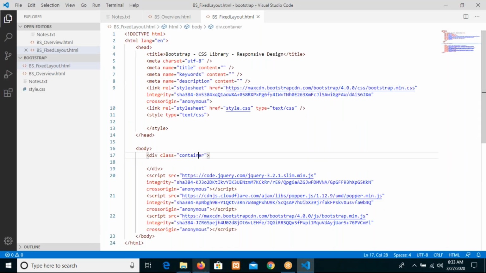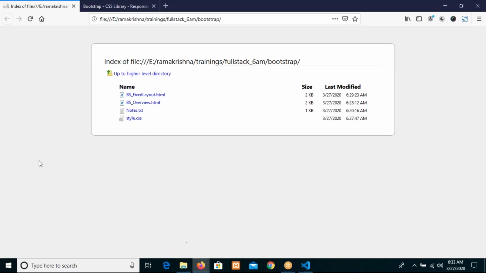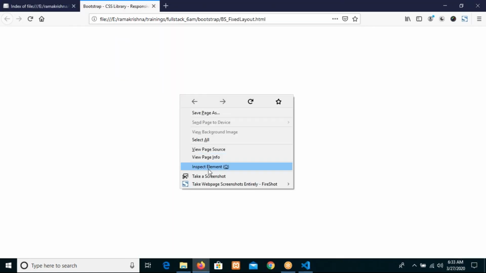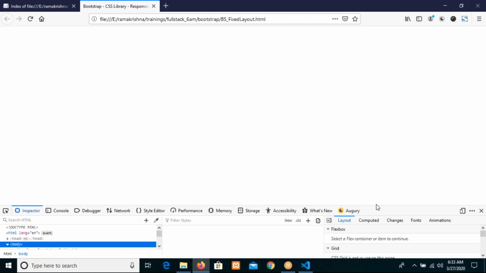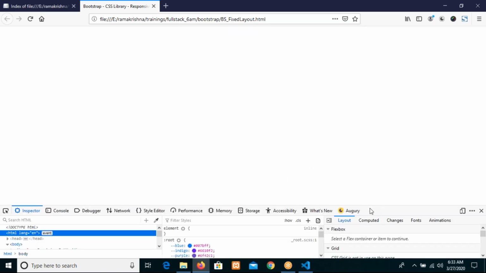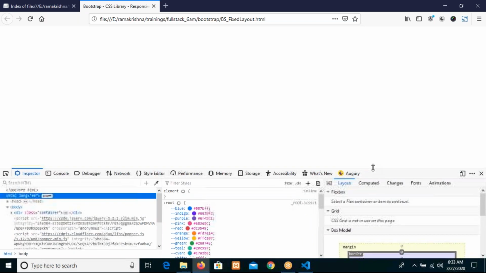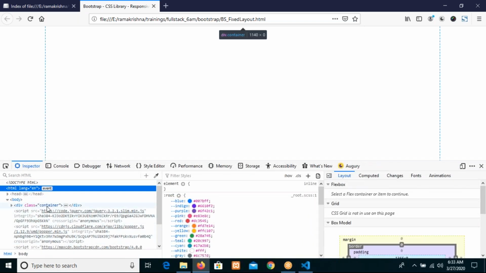A container. My screen size is 1366, which is more than 1200 right now, so it will be considered a large device, sorry, an extra large device. Right click, inspect element,